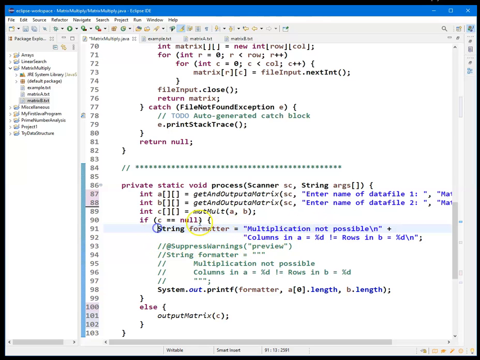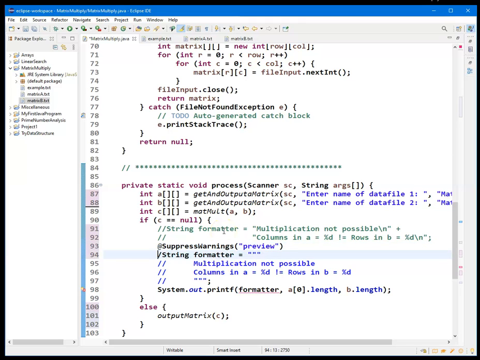basically, let me comment this out. So this multi-line string that I have here is something I'm going to put inside my formatter, because if something goes wrong, I would like to output a message that goes on two or more lines. So what I'm going to do is comment out this code, and you're going to notice it's basically the same string up top here, but there's no need to put new lines in there,